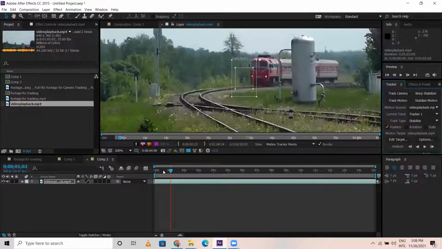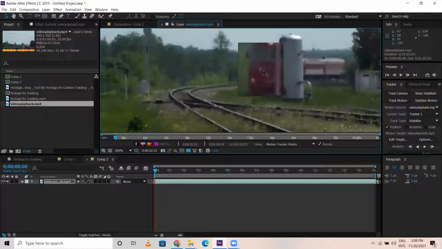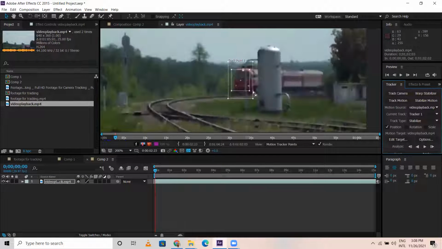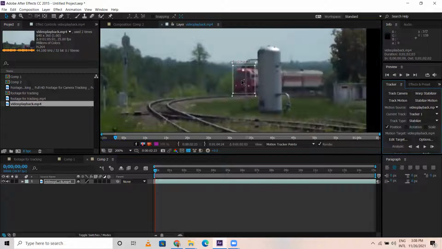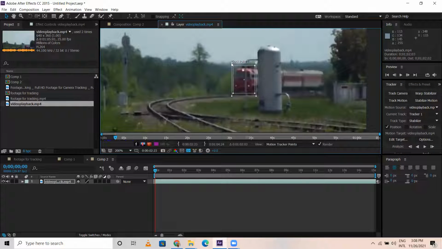So in my frame number 1, I would like to place this here. Frame 1, let me make it something like this. This is the outer box, this is the inner box. The inner box also, let me place it something like this. You can click and drag. Okay, and the track points somewhere like this. Got it? After this, this is Tracker 1. Track type, I would like to stabilize. Only position is fine for me. I would like to have position points.